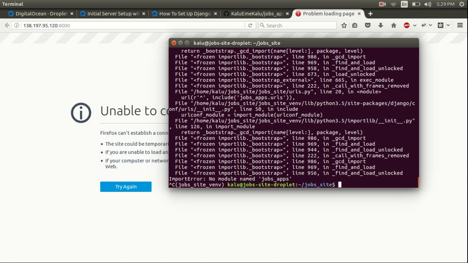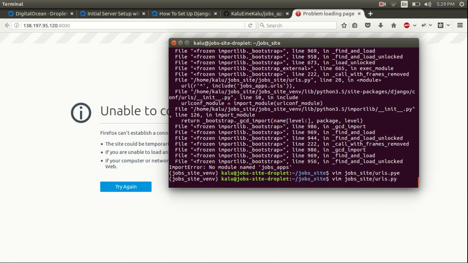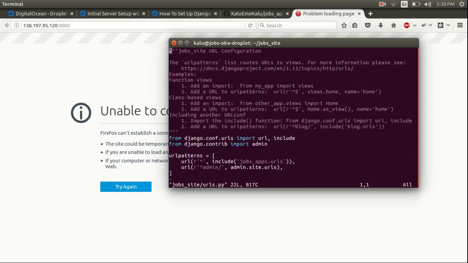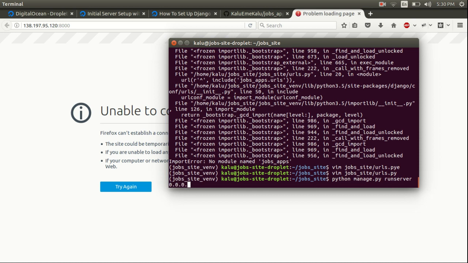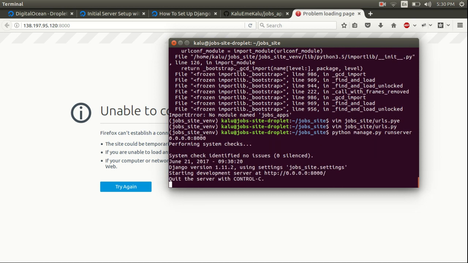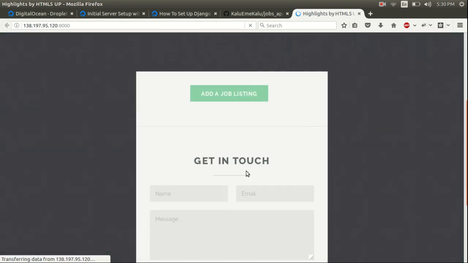So I'm going to kill it. Open this again. I apologize, guys. Open this again, and I'm going to change this from jobs apps to job app, and then quit. Run server again, 0.0.0.0 8000. Cool. So we're going to try and visit this page, and I want you to notice that it's great, it